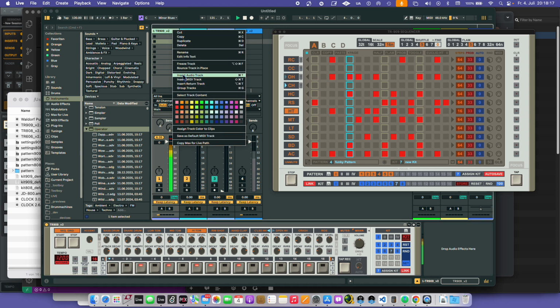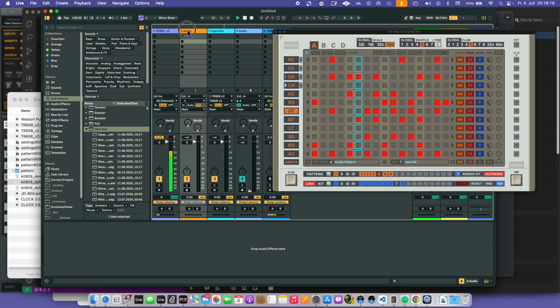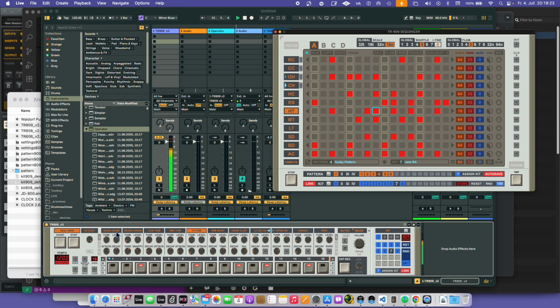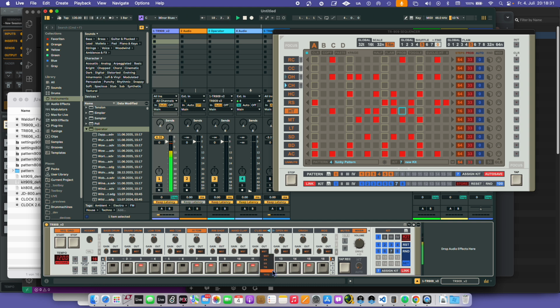So you just can insert an audio track like so. If you go to the device, to the mixer, or to page number 3 here, you can say maybe the hi-hats should be on 7 and 8. Crash and ride is 9 and 10. Clap should be on 5. Maybe the rim should as well. The toms